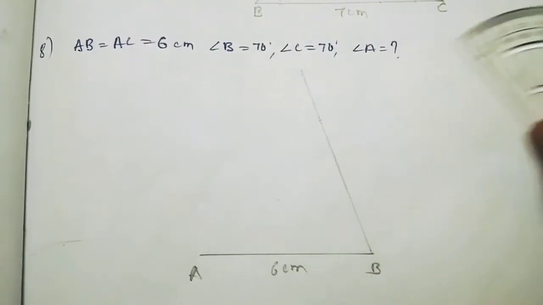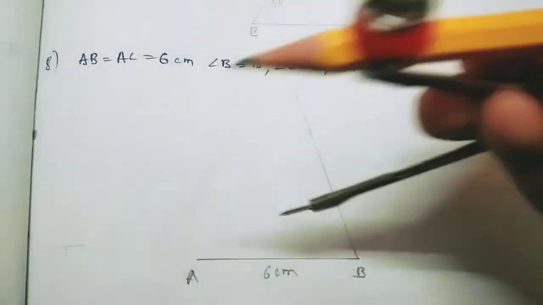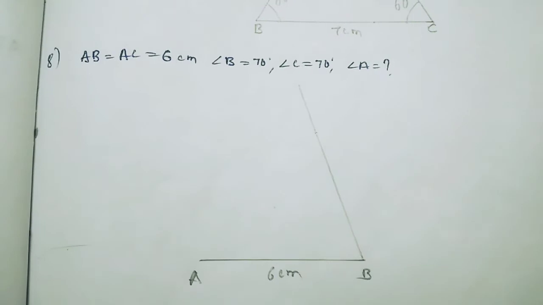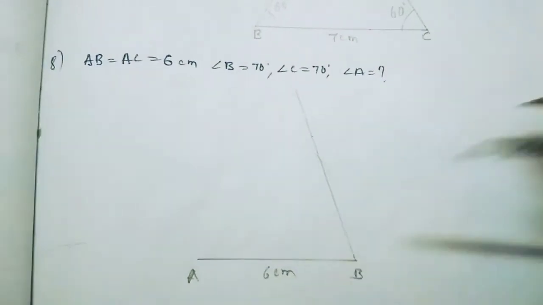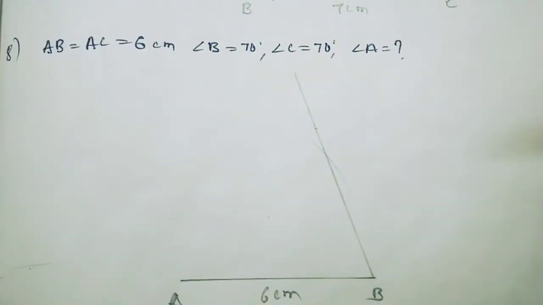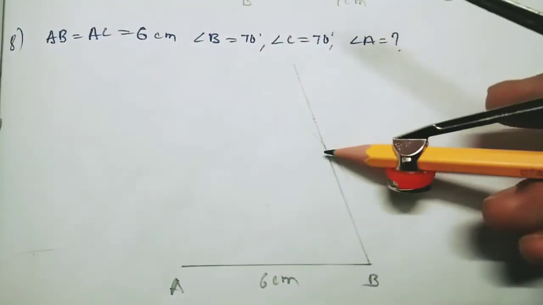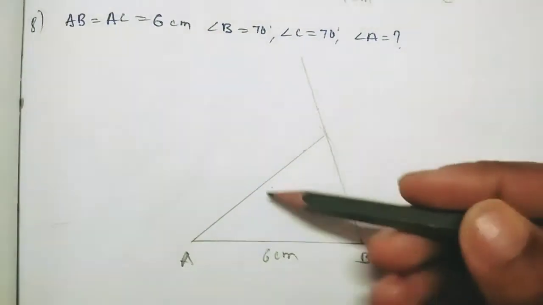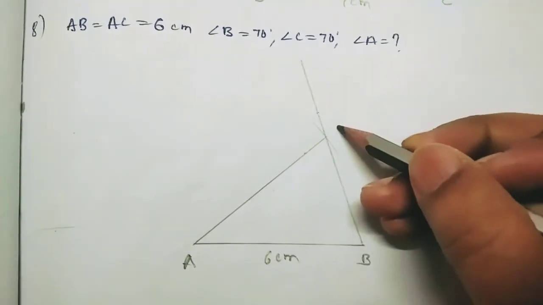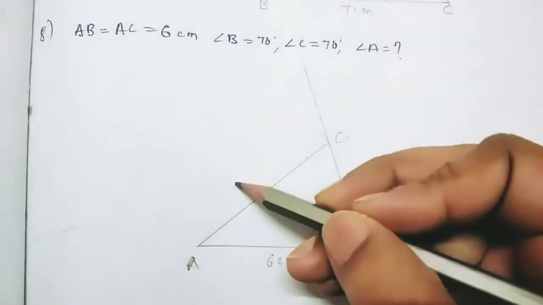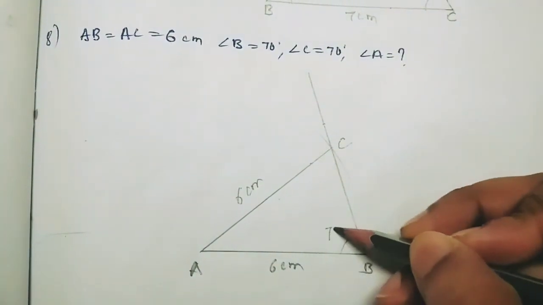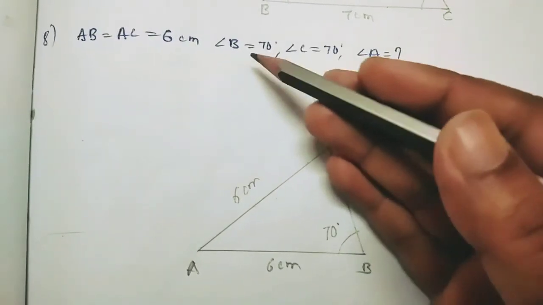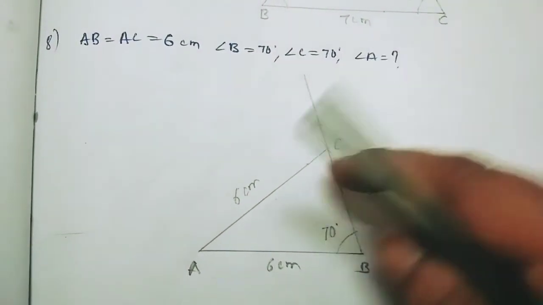Now what we do, I will take AC equal to 6 centimeter. Now from this point A I will make one arc of 6 centimeter and cut this line. So students, you can see from this point A I have cut this arc. On this line I have cut this arc. Now I will join this point A and this point. Okay, now I have joined this line A and this point is what? C. Okay, so now this AC is 6 centimeter. So angle B is 70 degree I have made by using this protractor. So now angle C is also given 70 degree. So you can check here it is 70 degree now.